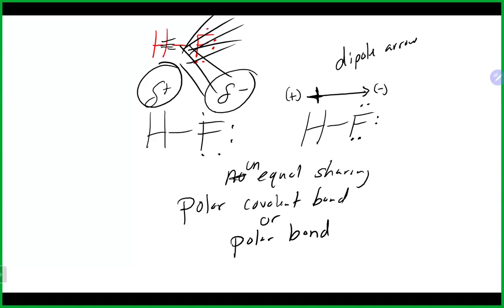In an ionic bond, where there is no sharing of electrons, we get a full transfer of electrons from the metal to the non-metal, and that's what creates the full positive charge and full negative charge. All right, we were